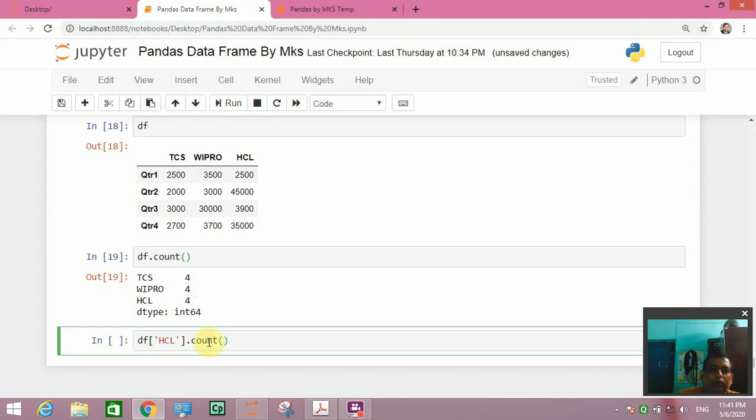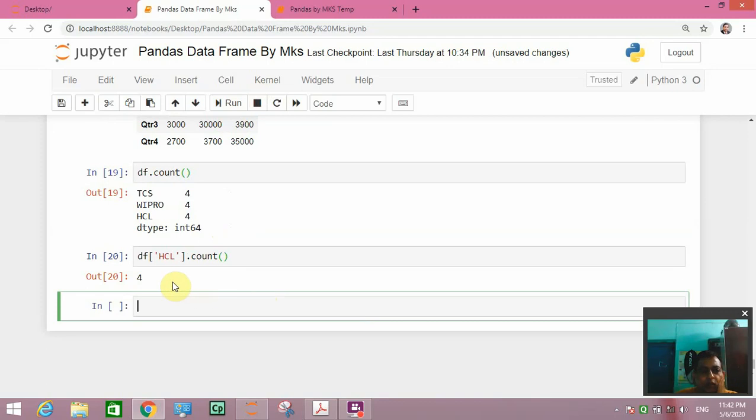So this will give you 4, that is the count of the HCL column only. So for a single column you can write like this. For a particular column you have to write the name of the column. For all columns no need to write the name of columns, just write data frame dot count. So it will give this.